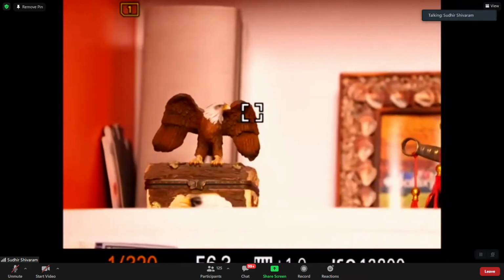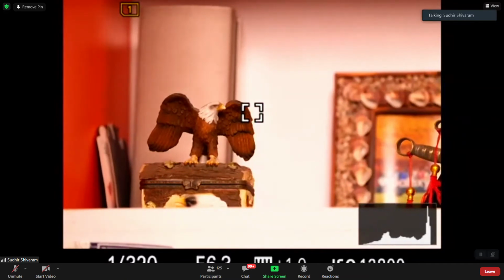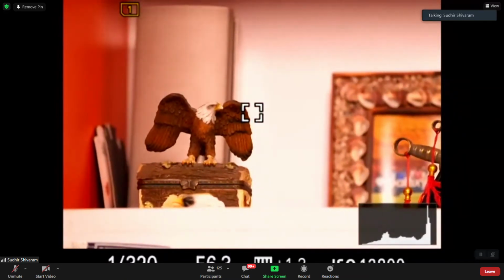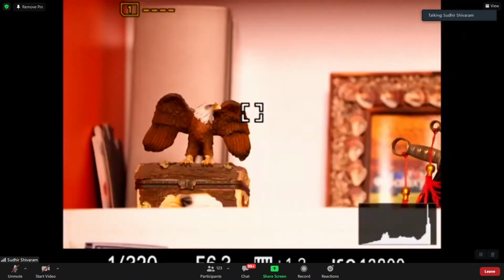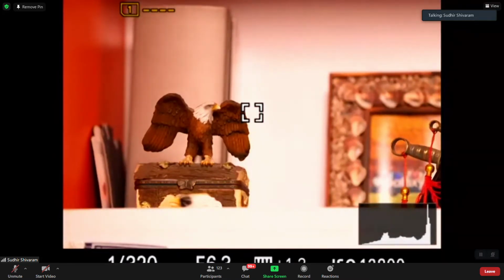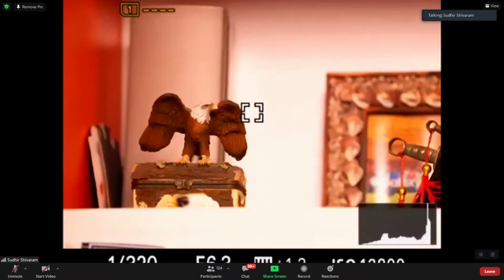Also, through my viewfinder, I generally enable the histogram. You see on the bottom right side, I just enabled the histogram. Using the histogram, I check how the exposure is, because sometimes, depending on the scenario, I may have put the LCD brightness to maximum, so visually I shouldn't get misguided that it is overexposed. So I enable the histogram on the lower right corner, and using it I set the exposure. For example, now if you see the histogram, the graph shows a proper exposure.